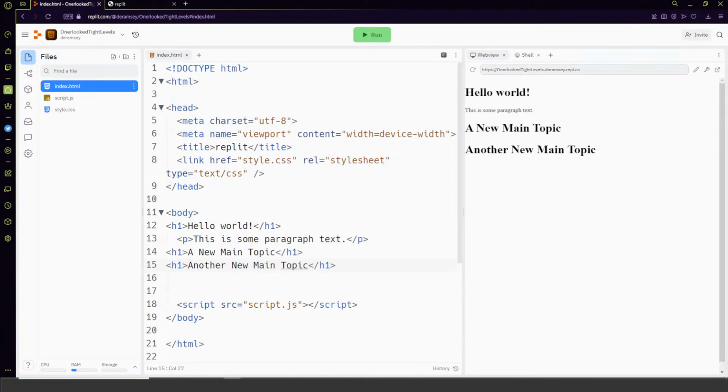Right, so I'll go ahead and do a little bit of preparation here. Let's say I want to take this second H1 here and make it a specific ID selector. I'd go before that greater than symbol. I'd write ID equals, and then in quotes, I would give it some name. Maybe I'd call it main topic 2, right? And that's fine. I can call it whatever I want, as long as I refer to it by the same thing